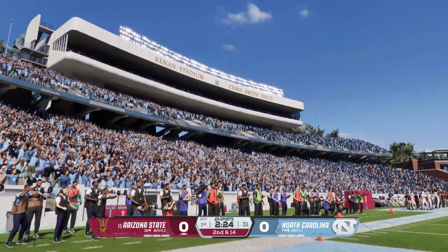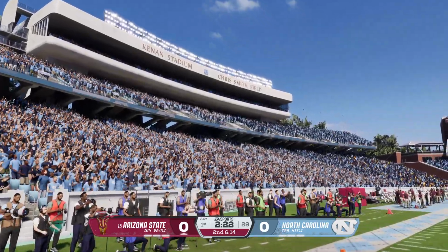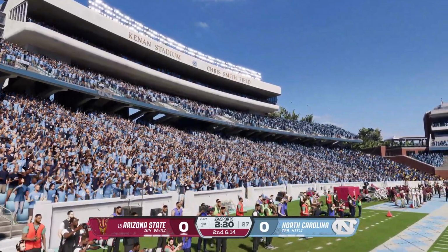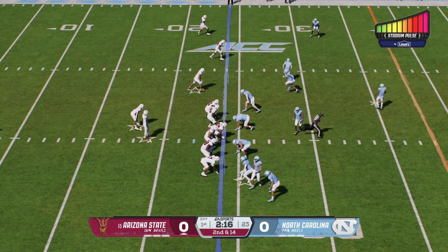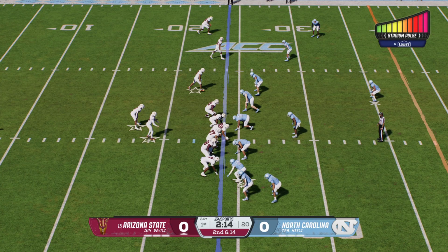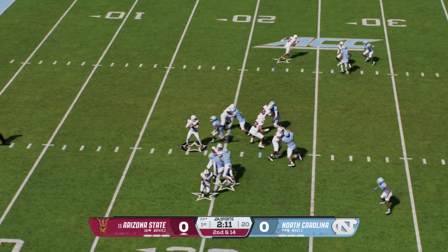Man, it is so nice as a quarterback when you have a guy like that lining up, because you can just throw it anywhere in his vicinity and trust he's going to find a way to get it done and make the catch. Even when he's defended, he is always open, and you're going to see him line up all over the...